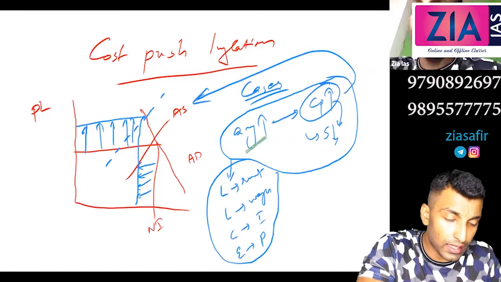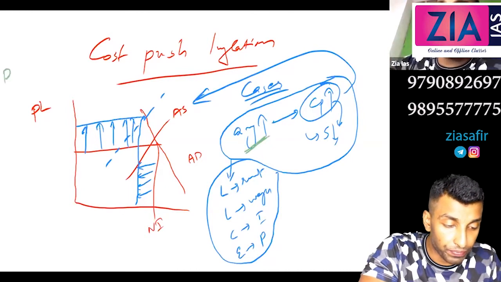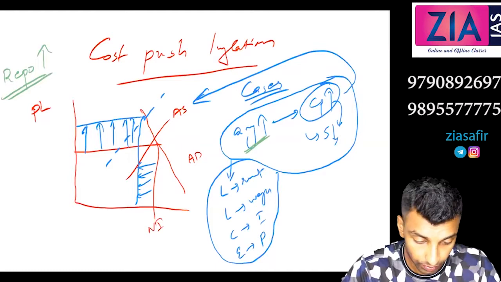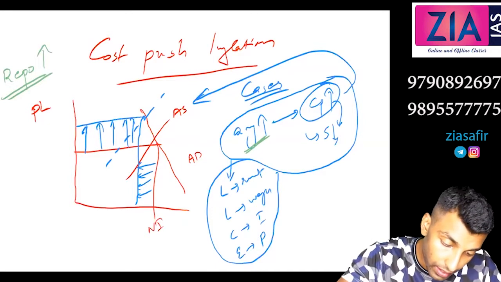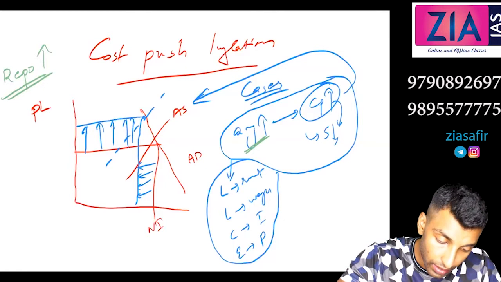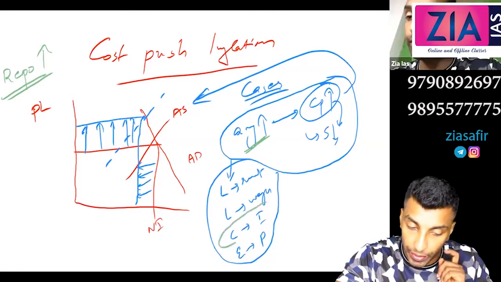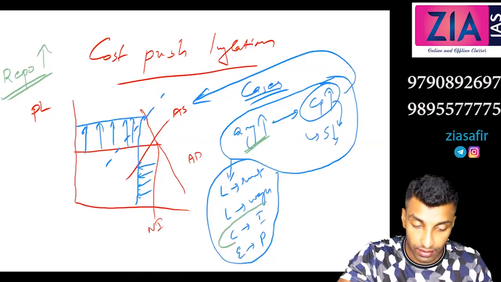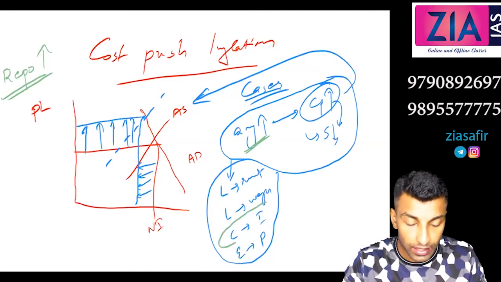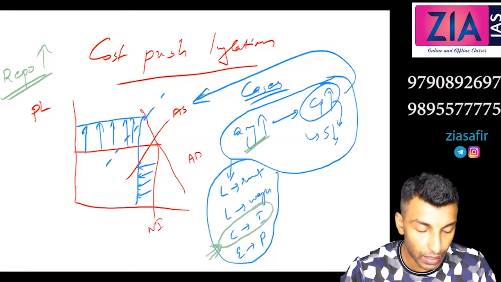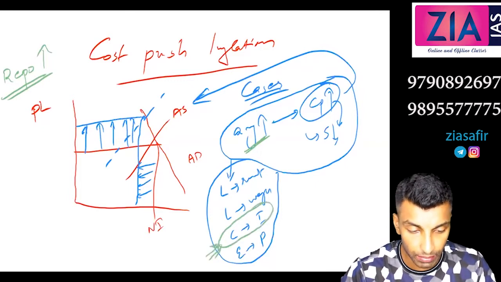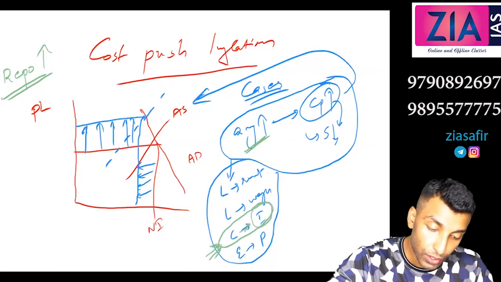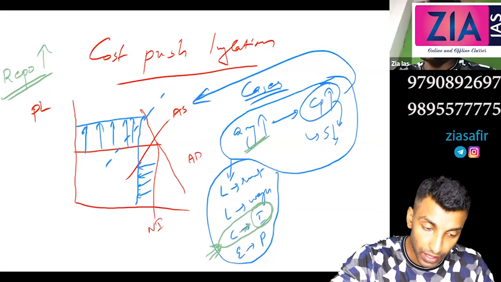Any increase. So what about repo increased? What will happen? Will it lead to cost push inflation? Cost of getting money is... yeah, here you can see the capital. You need capital for production. So the cost of money is actually the interest, and repo is increasing means interest will be increased because the bank will directly pass on that burden to the consumers. So interest in the market will increase. So ultimately there is an increase in cost of production that leads to decrease in supply,